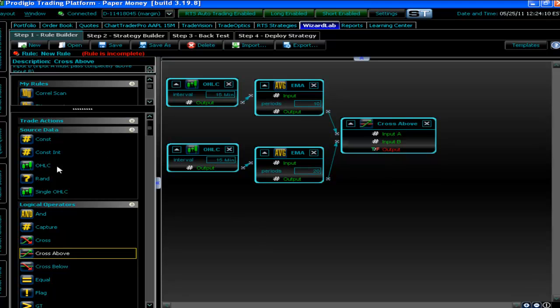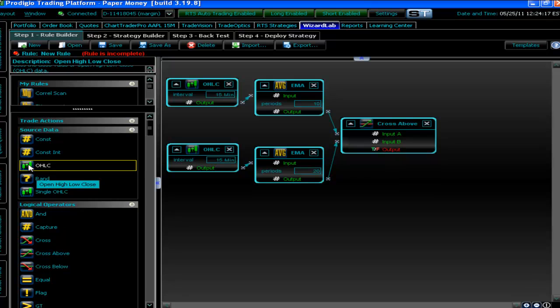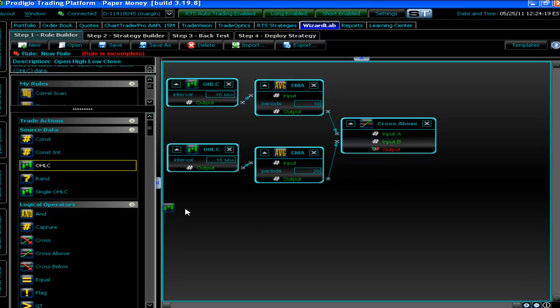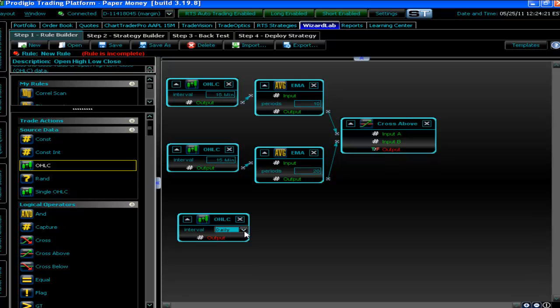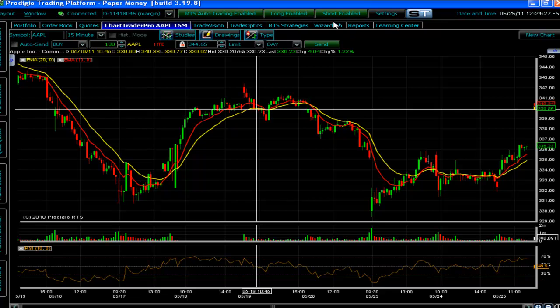And so the way that you do that in Wizard Lab is you start with some kind of source data, which represents the initial data that you want to look at. So for example, in this case we're looking at OHLCs. Right? I can select 15 minutes, and in order to get this RSI that I see on the chart,